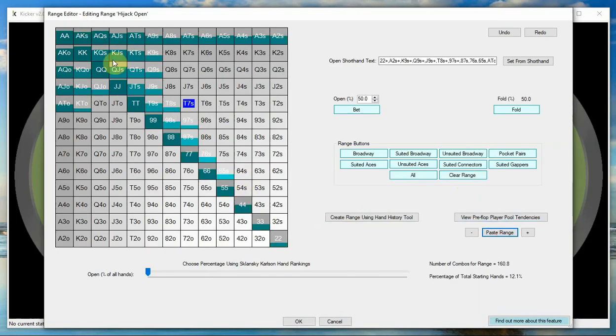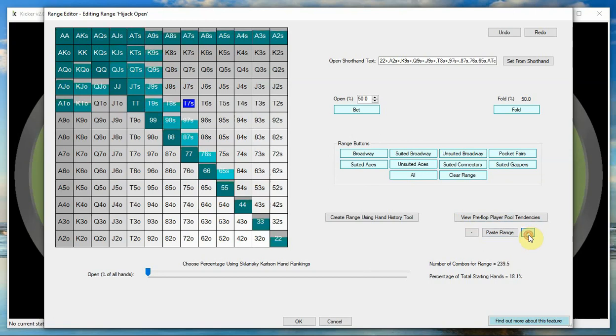And you can see there's now a bunch of partial ranges that have been imported that are representative of the kind of hands that players who open from the hijack get to showdown with. If you don't really want those in as partials, you can just hit this plus button a few times, and it slowly, incrementally fills all of those combos until they all get to 100 if that's what you want,